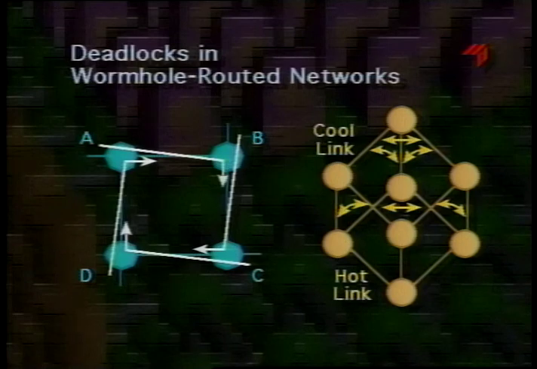For instance, we can use something called dimension order routing in a mesh network, which means that you always route, say, first in the x direction and then in the y direction. In this diagram, this would cause two of the routes to be illegal, and there would be no deadlocks. In a hypercube network, it gets a little bit more complicated, but as long as you restrict enough of the paths to eliminate the loops, the network can be made deadlock-free.